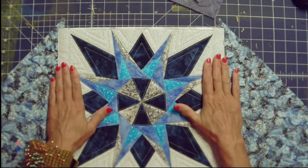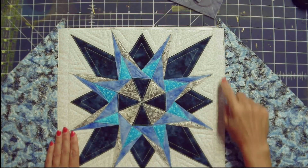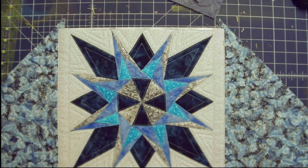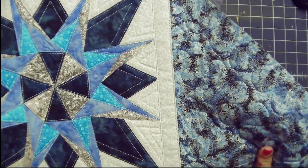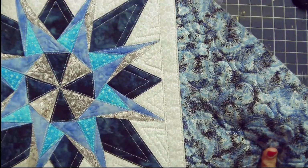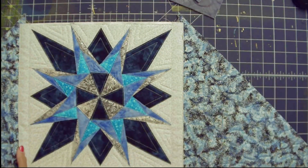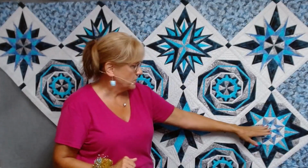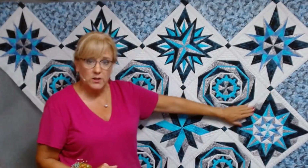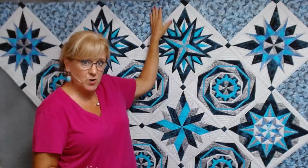All right. Now I already did the sashings on here. I am going to recommend that you do the stitching down of the sashings, technically the quilting. You can see that you do that with each row, even when it's really small. So on the bigger rows, I would do 2 rows at a time or 2 blocks at a time. Like for this row here, I would put these 2 together and then quilt that little sashing strip. Then I'd add another one, quilt that sashing strip, add a triangle, quilt that sashing strip,